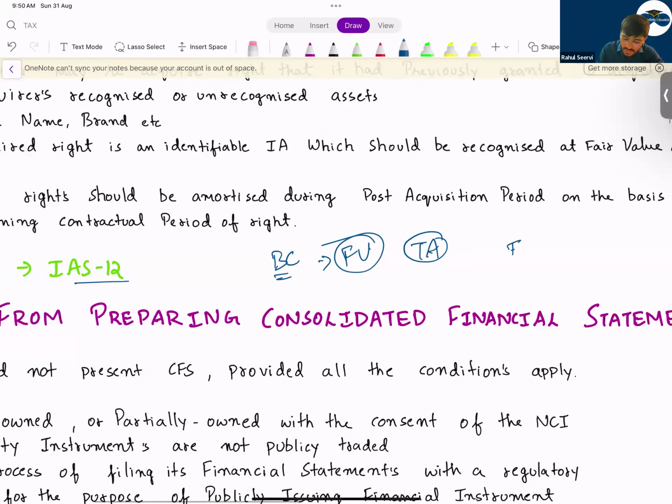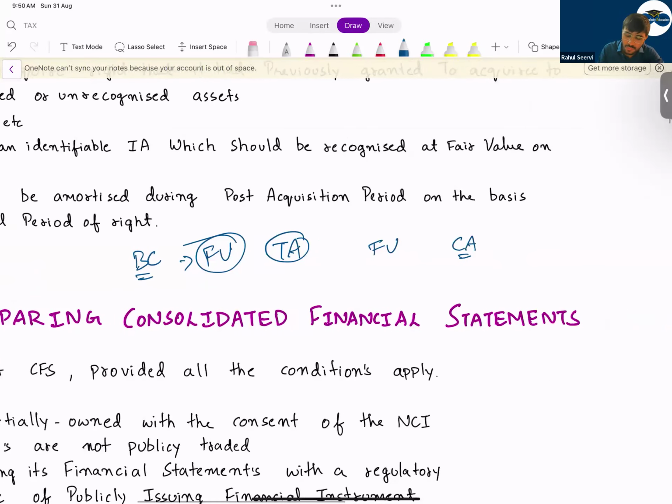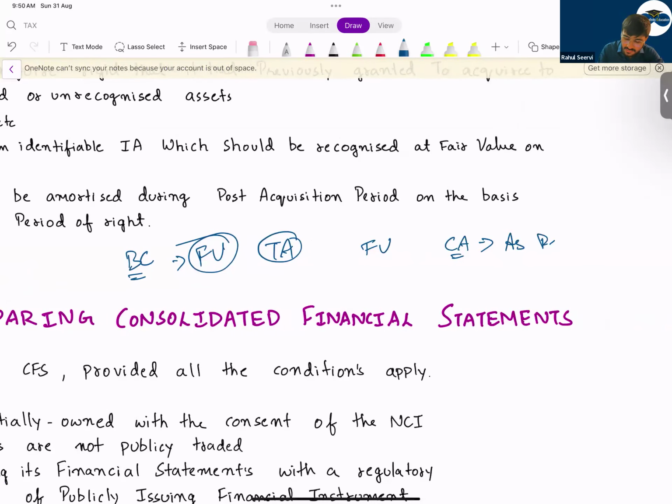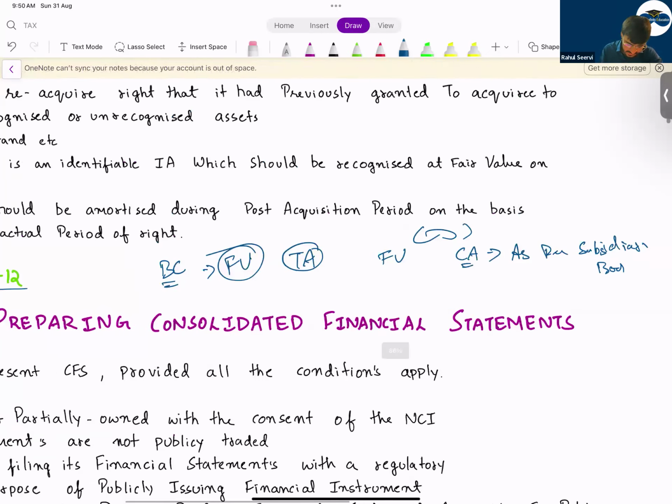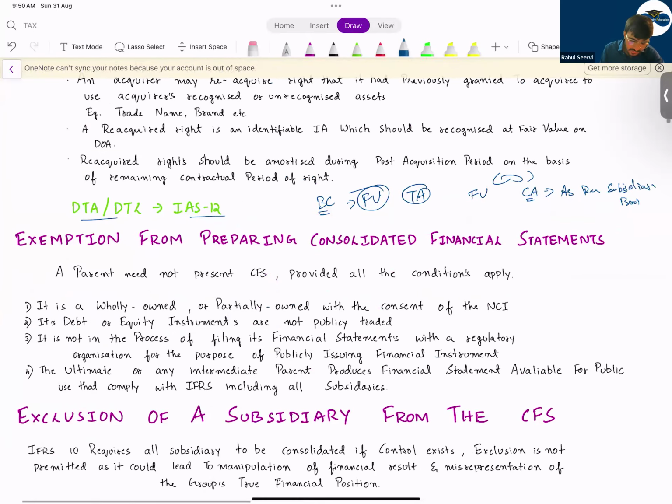So you will have a fair value and you will have the carrying amount. This carrying amount will be as per the subsidiary's books. If it is not given in the question, it will always be as per the subsidiary's books. So we compare this. If there is a fair value gain, it will create a deferred tax liability and it will be adjusted in the net assets, and the goodwill will increase or decrease. Same way will apply if the fair values reduce. It will create a deferred tax asset, it will affect your goodwill and it will affect your net asset calculation. Understand that? Any doubts still here?